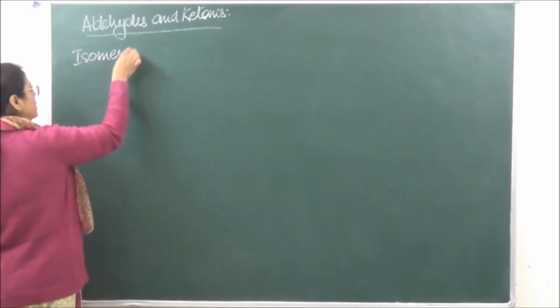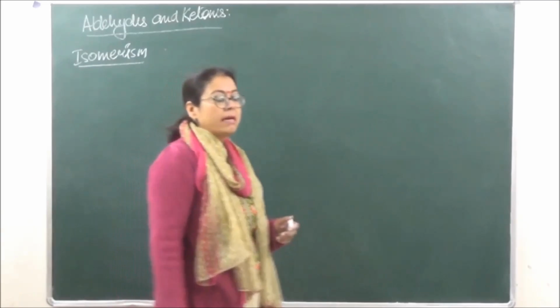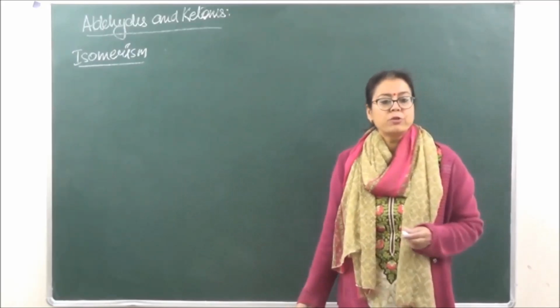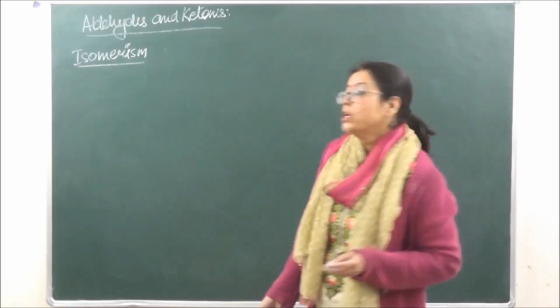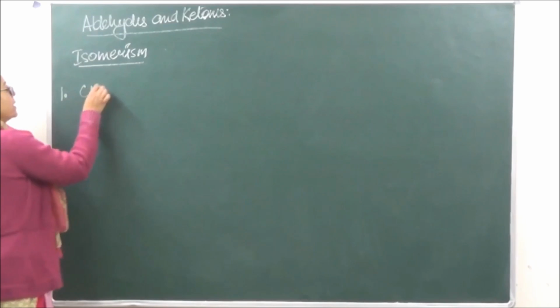Isomerism. हमको मालूम है कि आइसोमेरिज्म क्या होता है. Isomers are those compounds which have the same molecular formula but they're going to have different structural formula. ठीक है? So इसमें जो isomers होंगे,